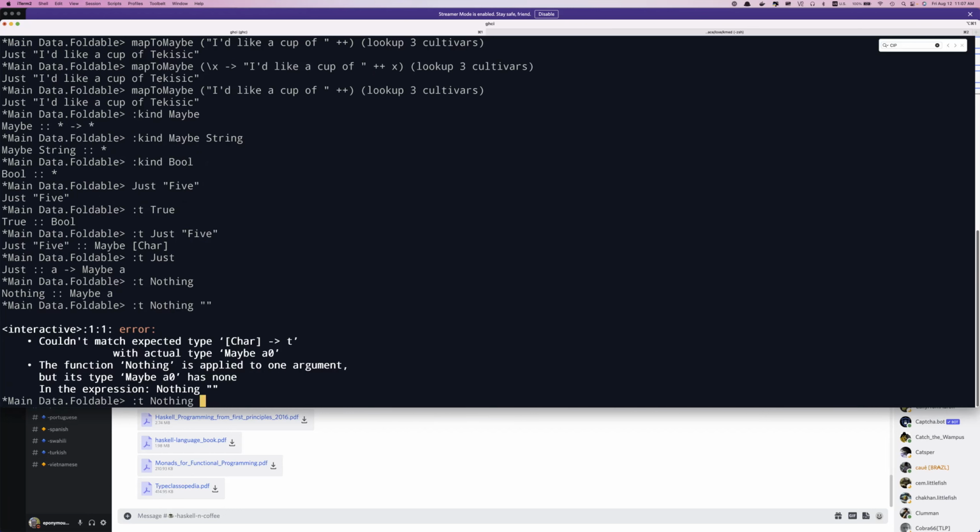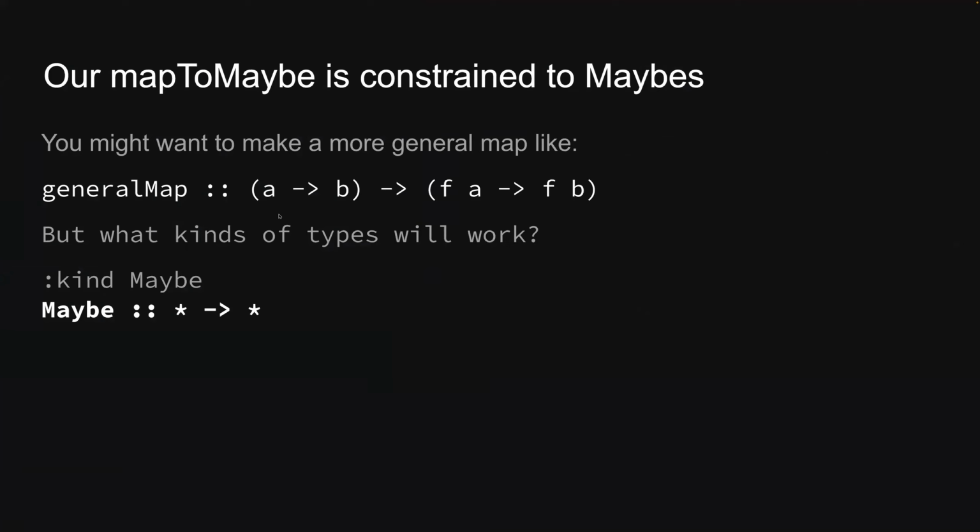Nothing is just nothing, right? And so if we go back here, so we have this maybe that is a type constructor that takes another type and then produces a type. So if it takes maybe string, the type that's resulting is a maybe string, is something that is of maybe